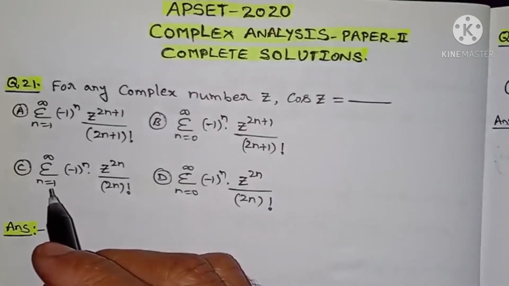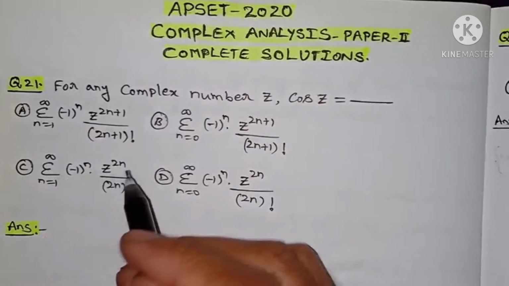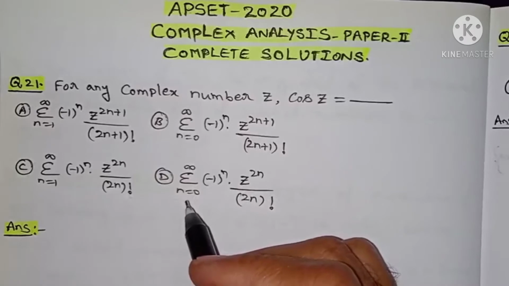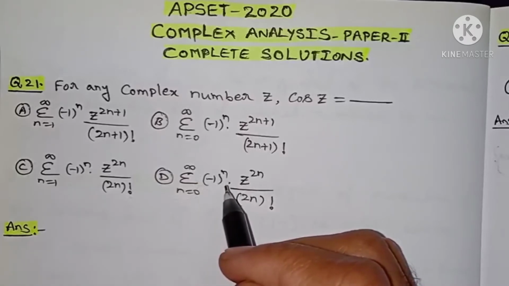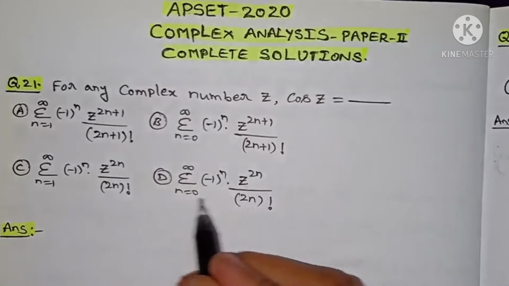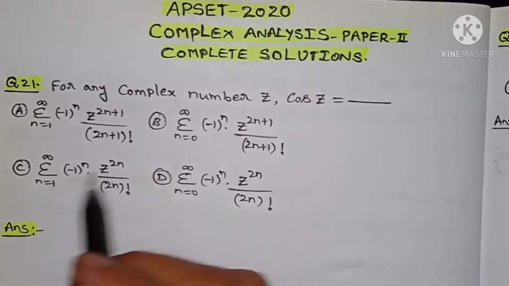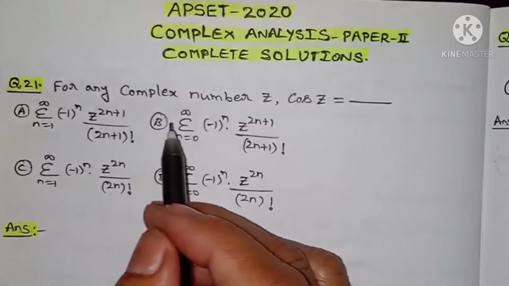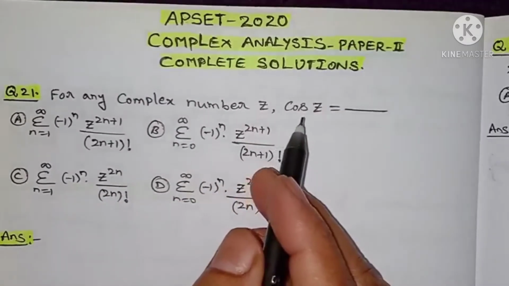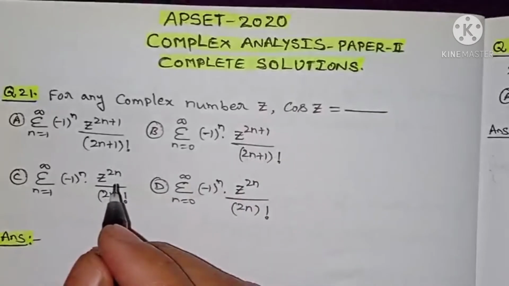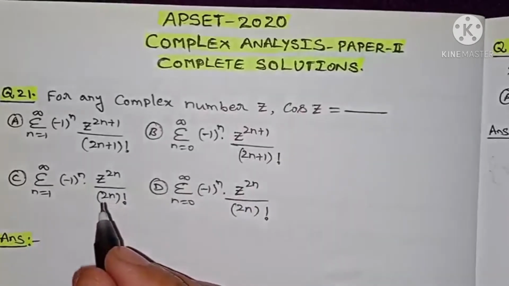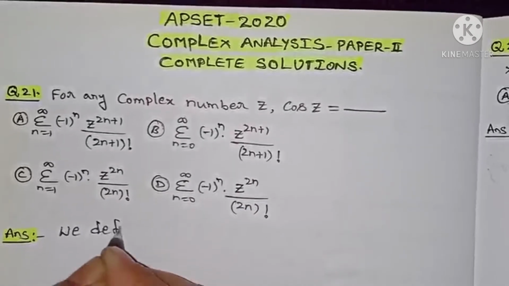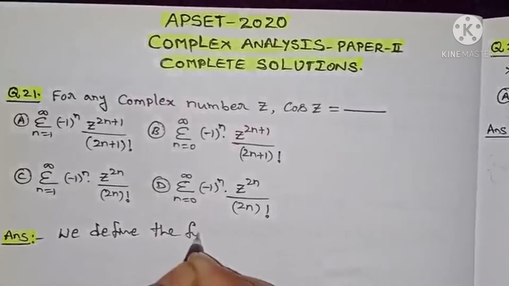Option C: summation n equals 1 to infinity, minus 1 whole power n into z to the power 2n by (2n) factorial. And option D: summation n equals 0 to infinity, minus 1 whole power n into z to the power 2n by (2n) factorial. We have to choose one correct option from these 4. The question is about finding the expansion of cos z. Coming to the solution, we define the function cos z by power series as